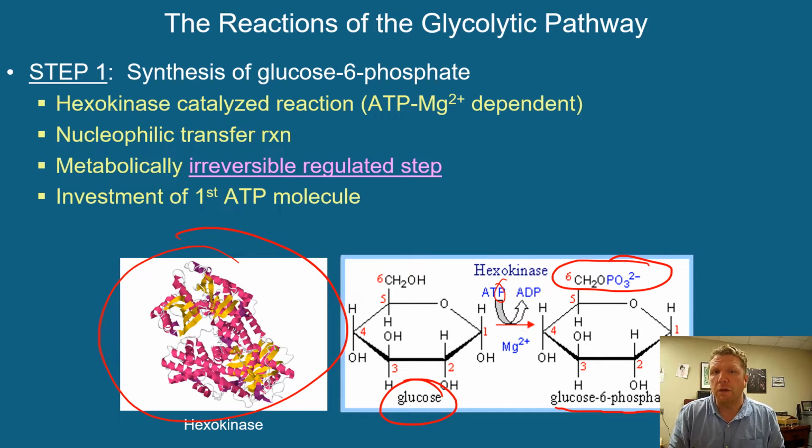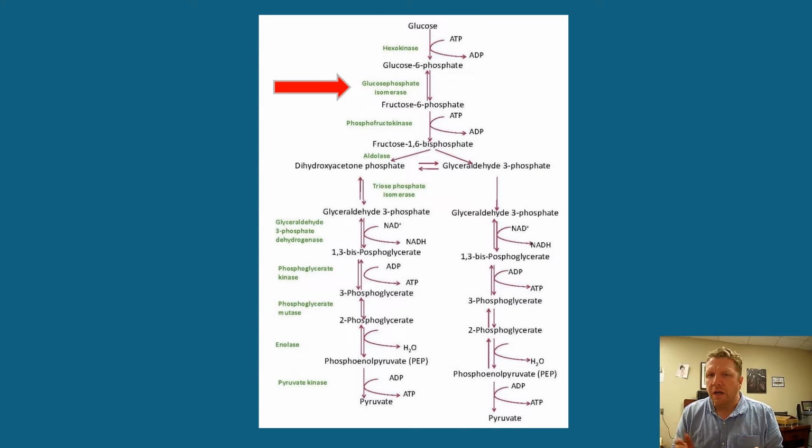Now this is a metabolically irreversible regulated step. This is the first investment in ATP. I'll use that terminology a little bit, investment and payback, because we've looked at the overall net of this process, but this is the first place where we actually have to spend ATP, spend money to make money. Okay, so our next step, after we've taken glucose, our 6-carbon sugar, and made glucose 6-phosphate,